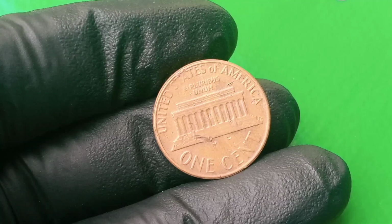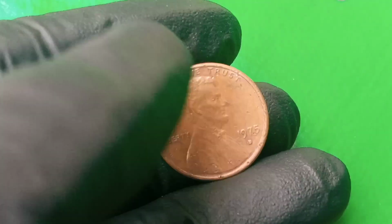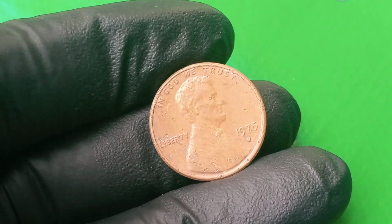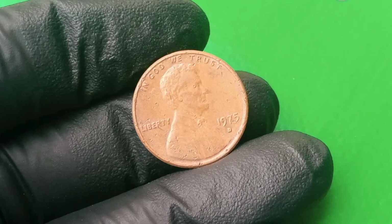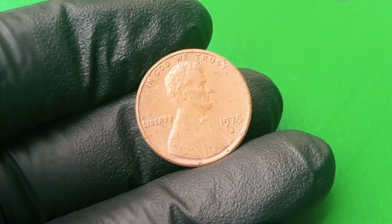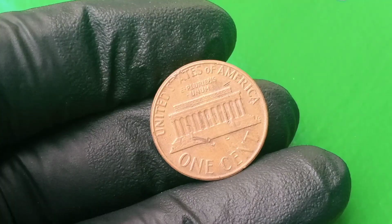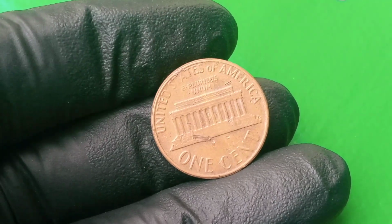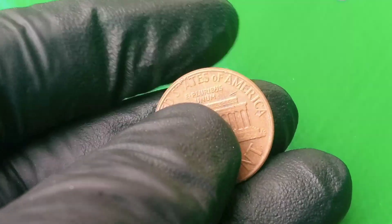aside by a mint employee, pulled from circulation almost immediately by an astute collector, or perhaps stored unknowingly in a private stash, until its rediscovery. And then we must consider the historical context, because in 1975 the United States was dealing with inflation, political fallout from Watergate, and shifting economic policies. While these factors may seem unrelated to a single coin, they actually influence the minting environment indirectly, as budget pressures, production targets, and minting technology upgrades can all